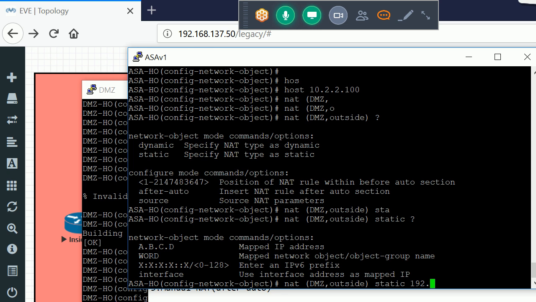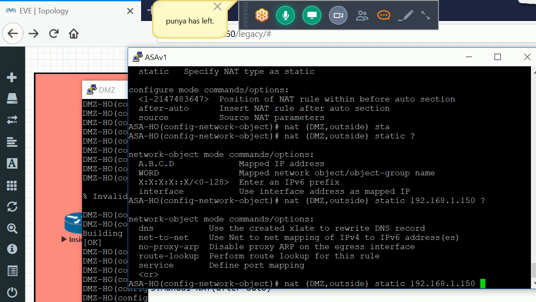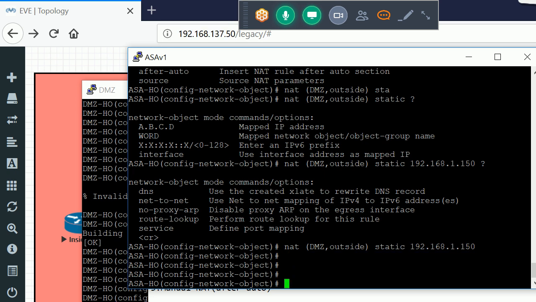So 192.168.1.100, let's suppose, or 150. If we want to define specific services we can, but right now I am just defining for all services. I don't want to go with a specific one.